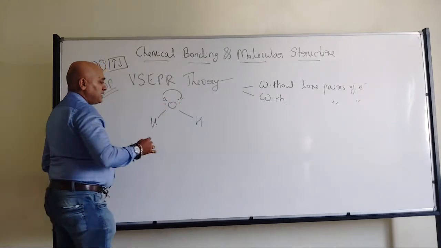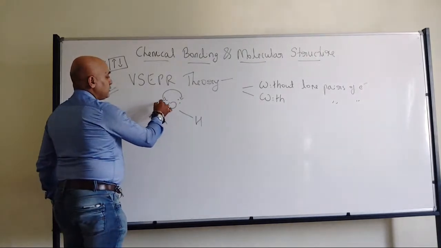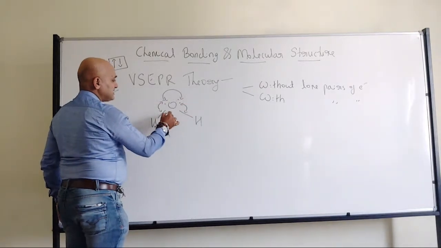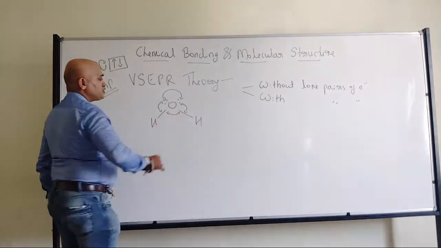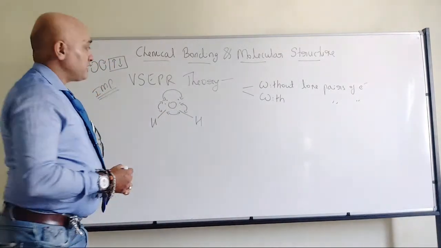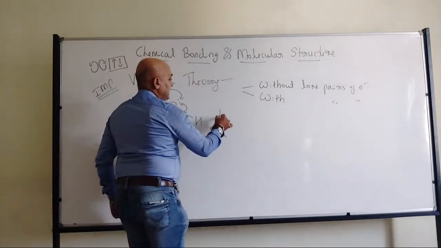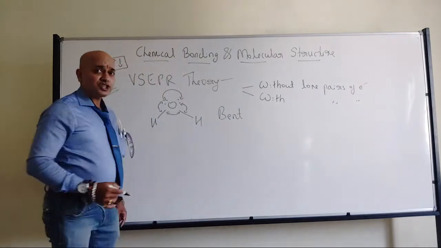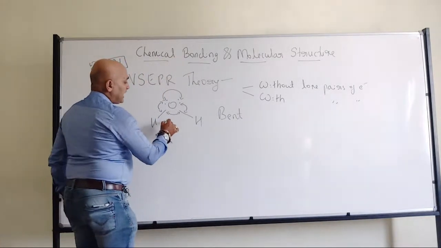And the repulsion between the bonded pair and lone pair will be a bit less compared to this, and this repulsion will be much less. So therefore they are going to form the bent structure, where the bond angle will be